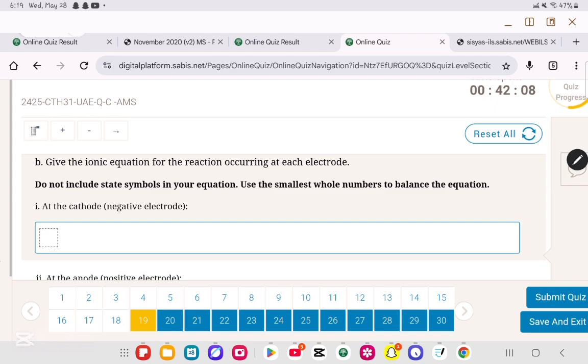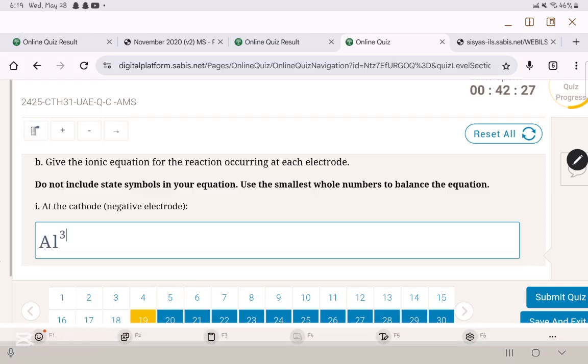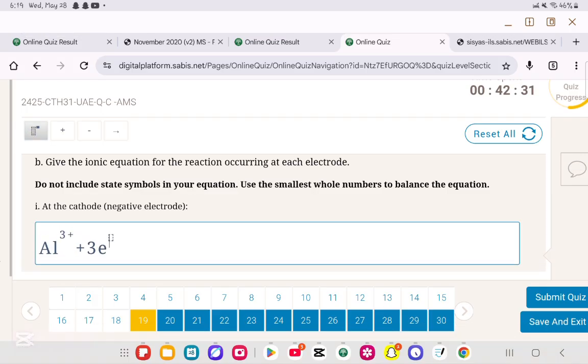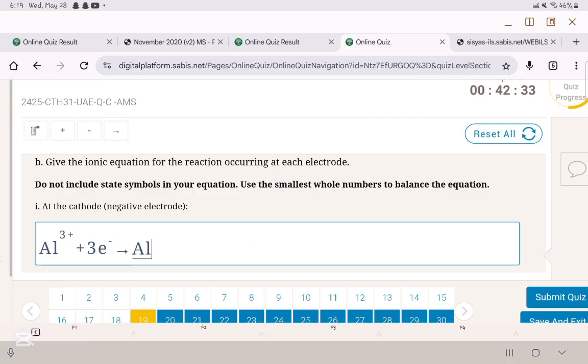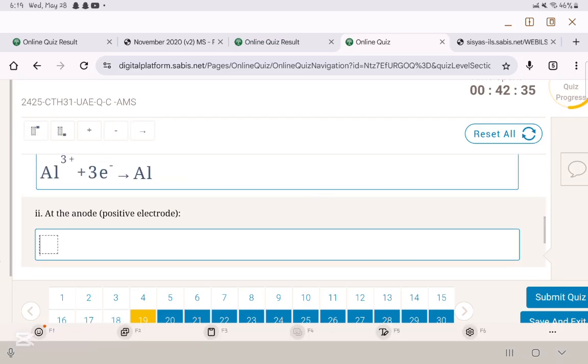Now we need to write the equation. Al3+ will go to the cathode, and it will undergo reduction, meaning a gain of electrons. It will gain 3 electrons to produce aluminum. They don't need any state symbols, so it's fine to write it like this. Al3+ plus 3e- will give us Al. Now, at the anode, the positive electrode, we're dealing with